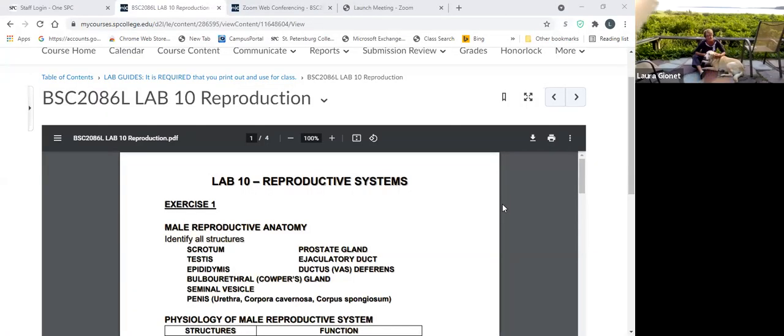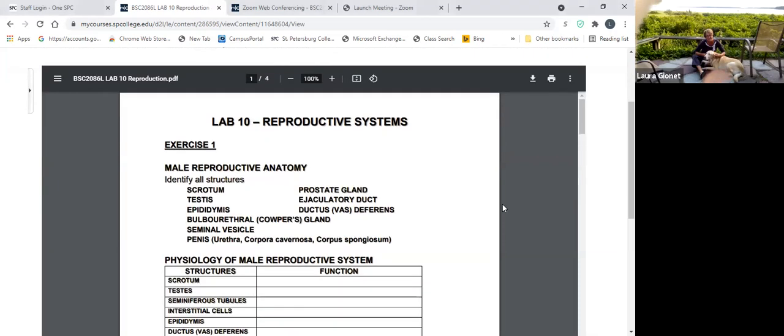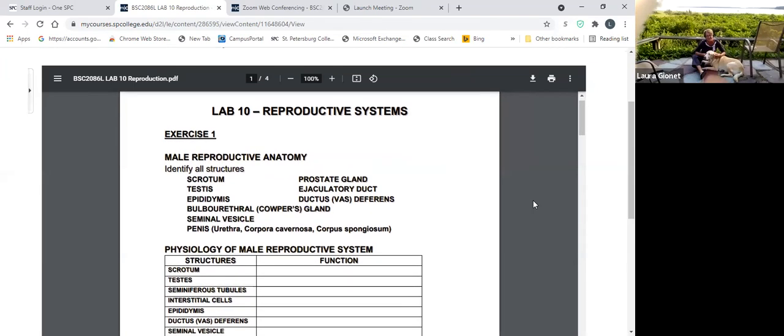Okay, so we're moving on to reproduction. And after last week, this will, I think, be a little easier for you to adopt and digest. There is a certain amount of physiology, of course, as with any new system, there's lots of structures and functions of those structures, a certain amount of histology, of course, but not as much as the urinary system for sure. So this is a good one to jump into and just do a lot of structure function type